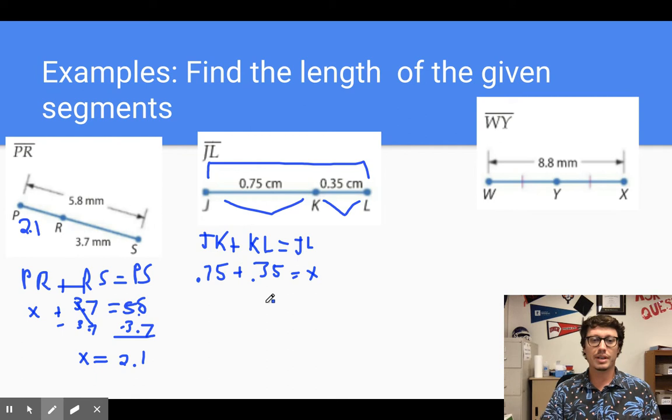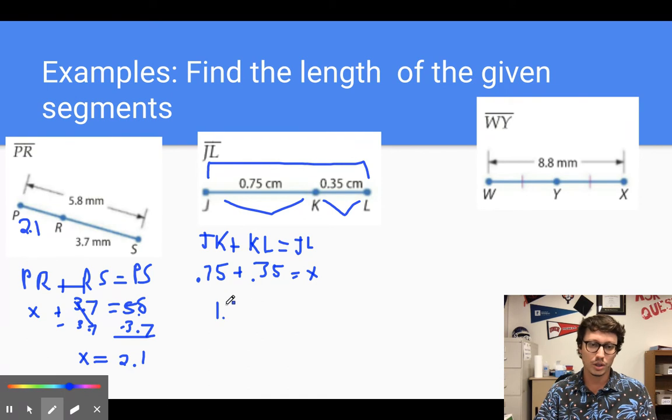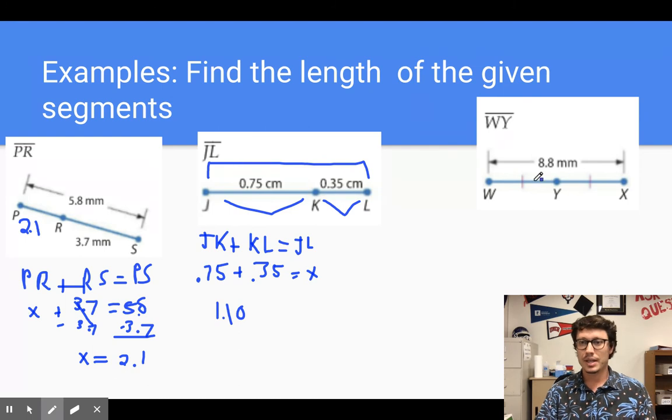All right, 0.75 plus 0.35 ends up giving you 1. Well, let's see here. That's 10. That's 10. So 1.10, okay, is JL. Okay, next,